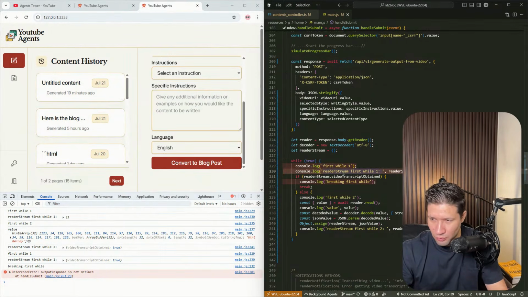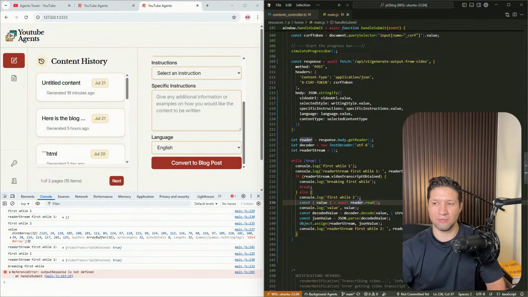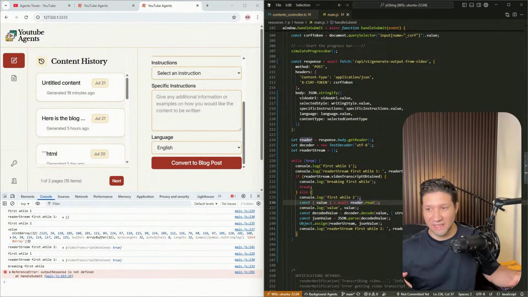Then we go to reader stream first while 1, and it doesn't have anything. So we don't go inside these if statements, and we go directly to the else. So we have first while 2. Then we are printing that value that hasn't been decoded. Then we decode it. This is waiting for the value that is going to be sent by